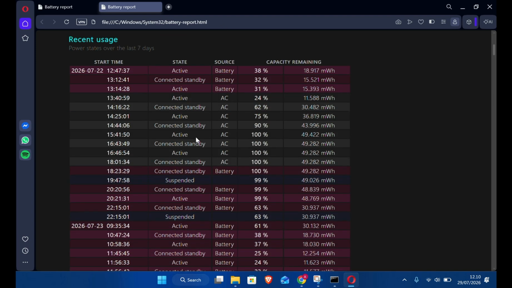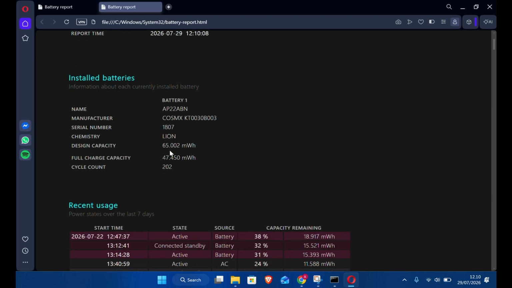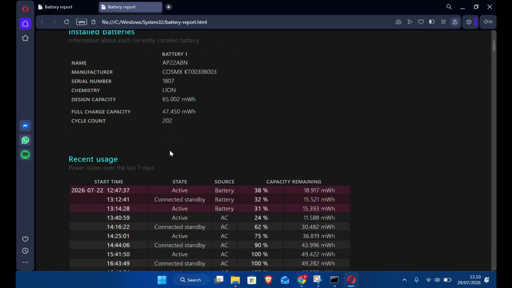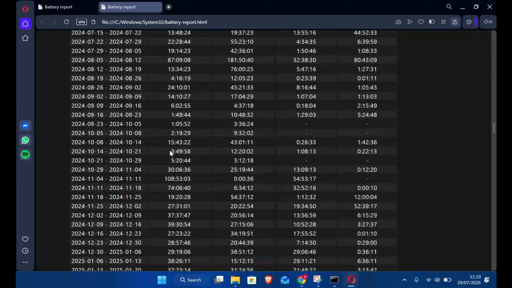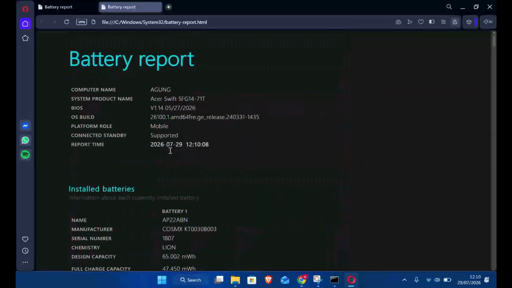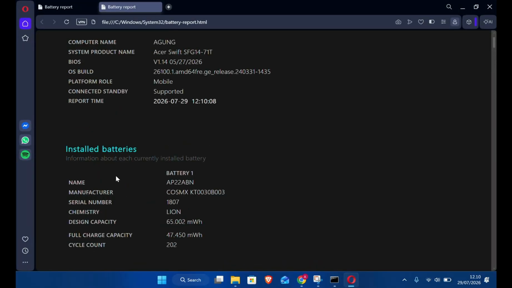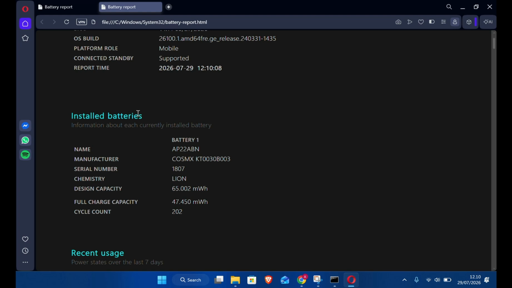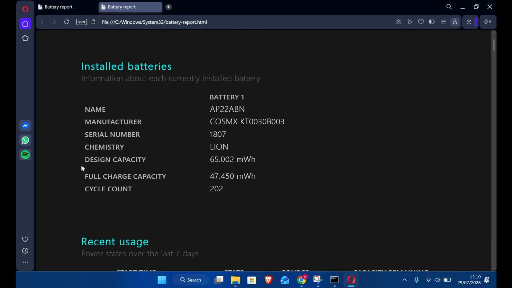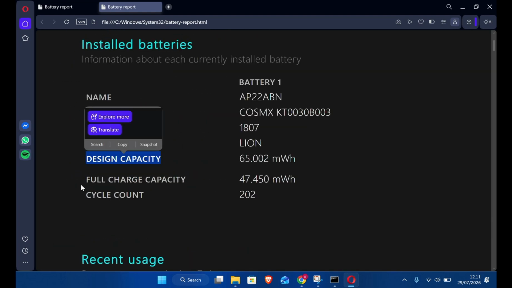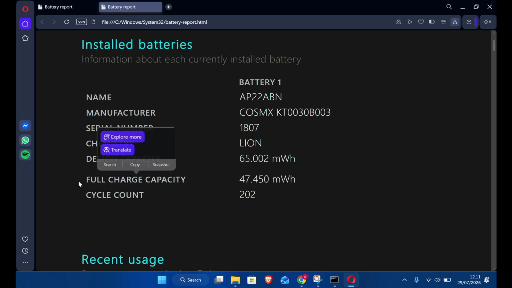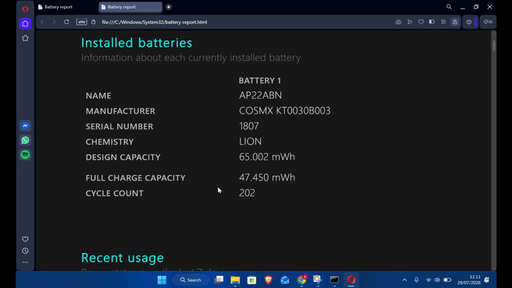So basically, the battery report gives you the details of your battery. You can see there's a lot of data here, but in this video, we're going to talk about the battery health. So if you check the installed batteries, you will find the design capacity and full charge capacity. To calculate the battery health, you have to divide the full charge capacity by the design capacity and then multiply